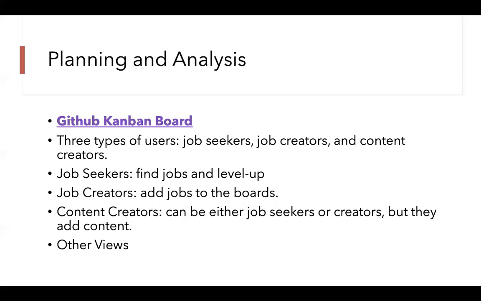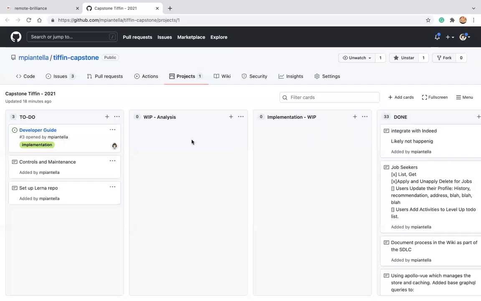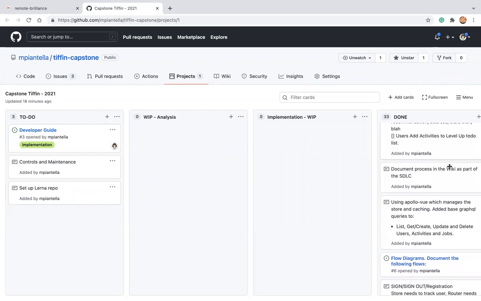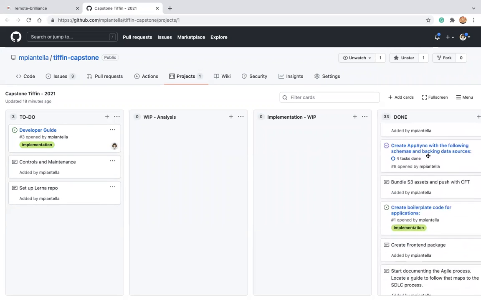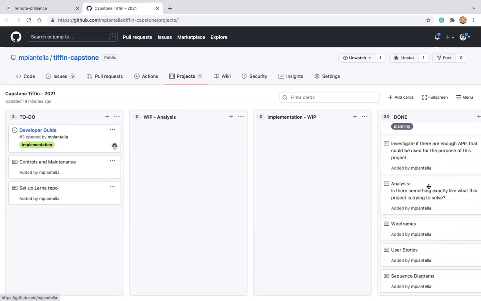So I use a Kanban board that they offer to add my stories, break down my work and how I was going to spend every week, or every time I sat down to do something. I use that as a guide to help me get the project done. I would like to briefly go over the stories that I've created, and they are mostly complete. Some things like connecting to LinkedIn and doing a little bit of maintenance, I did not get all the way there, but with the basis that I have, this is something that I could work on in the future.